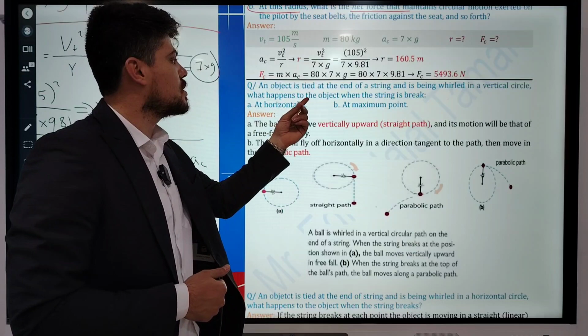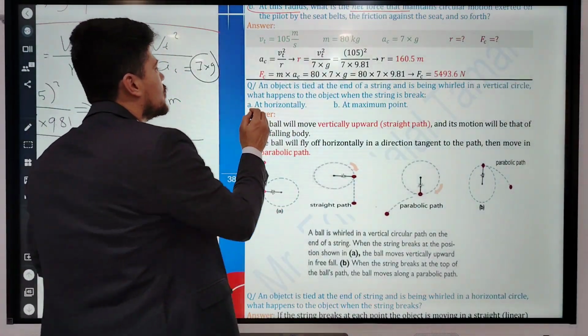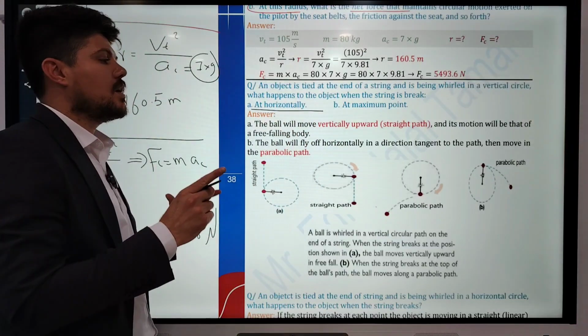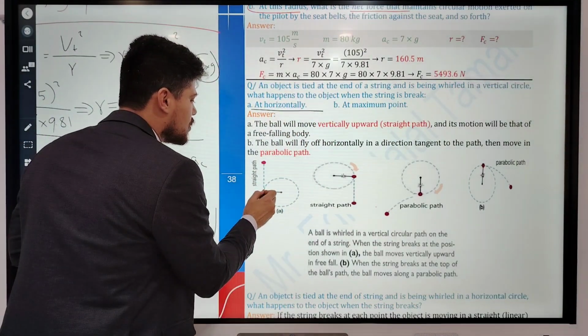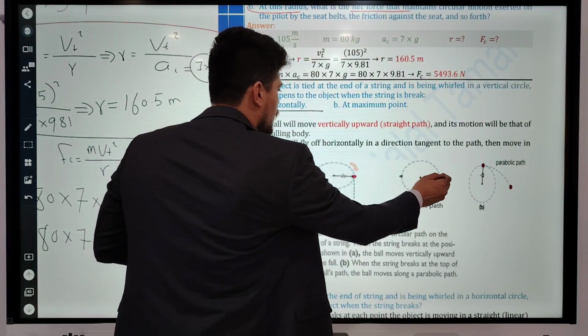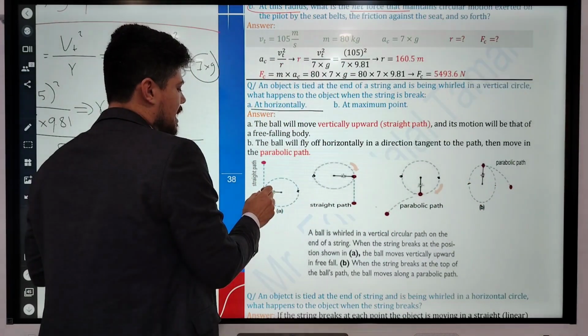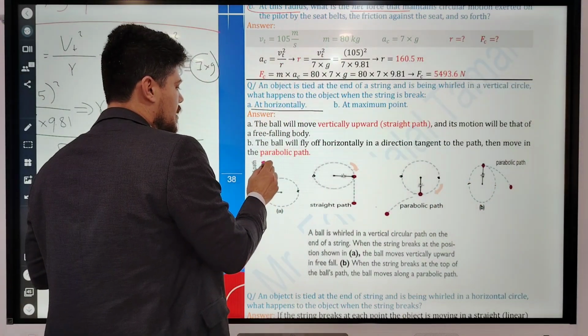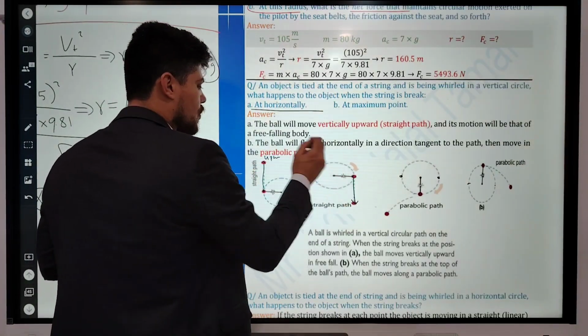What happens to the object when the string breaks at horizontal? For any time, be careful. This is horizontal. When the string breaks at horizontal, the object may be moving upward or downward in